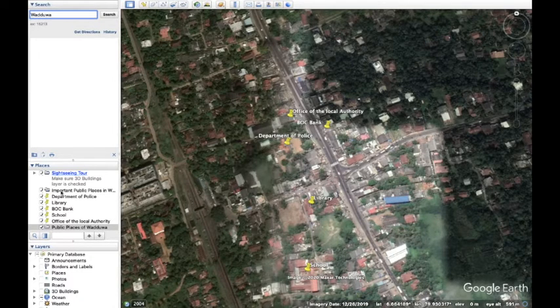Once you do that, you can see that the folder is also in the places layer. What you have to do next is that the places you have marked have to be taken into this folder.